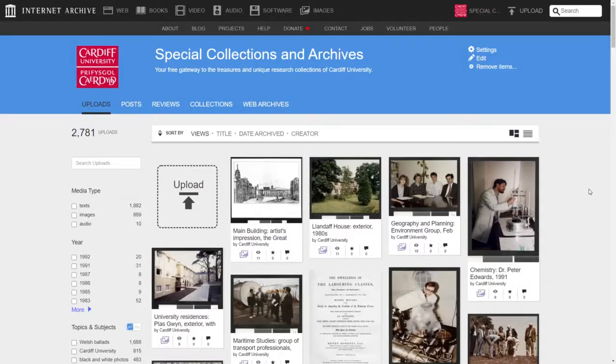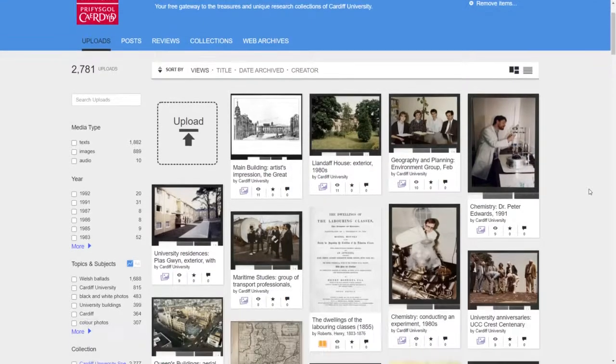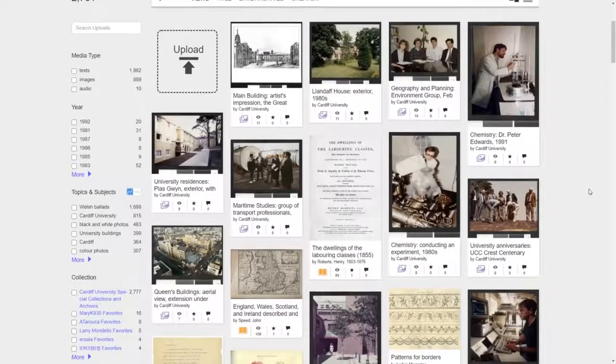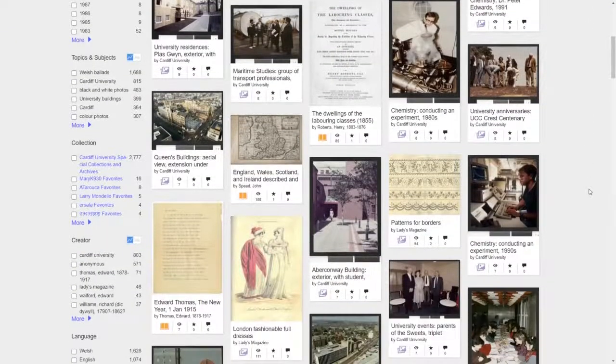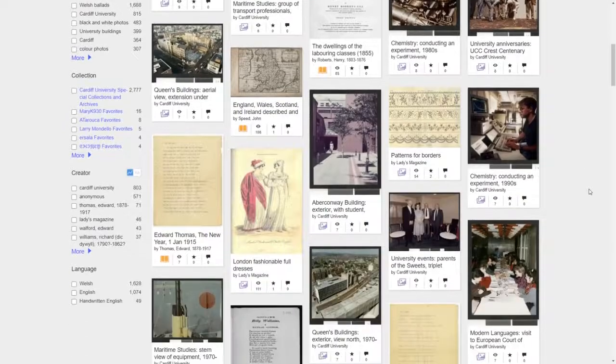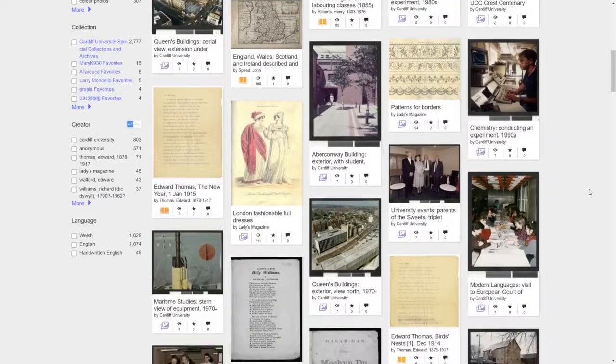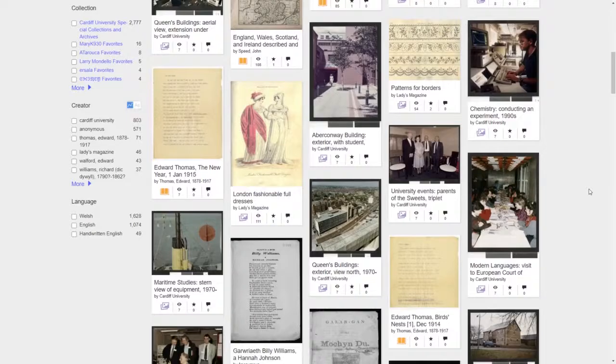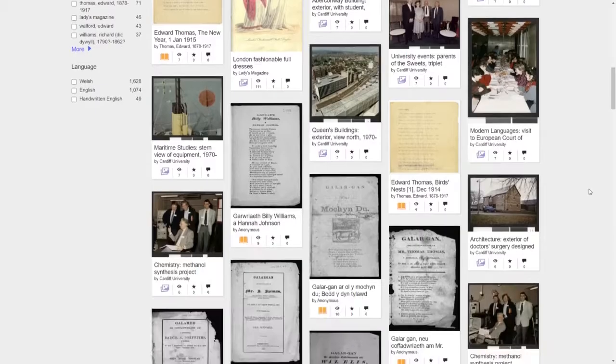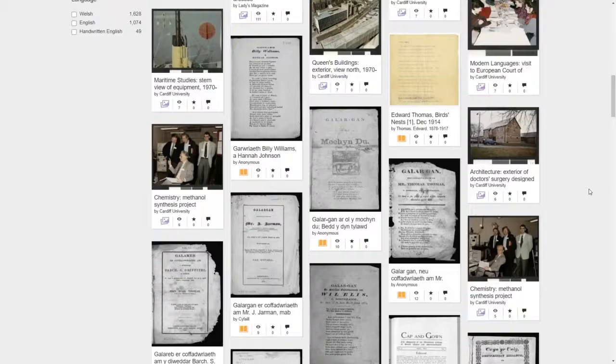I started looking at the possibility of migrating our digital assets to the Internet Archive at the start of 2020. They were being held on a platform that had reached the end of its supported life, and we were in the process of procuring a new system when the COVID-19 pandemic began. In the subsequent disruption to organisational priorities and budgets, which was happening everywhere, the process was halted and we needed to quickly find a free home for our digital assets at a time when they were in more demand than ever, and the Internet Archive seemed to offer a solution.